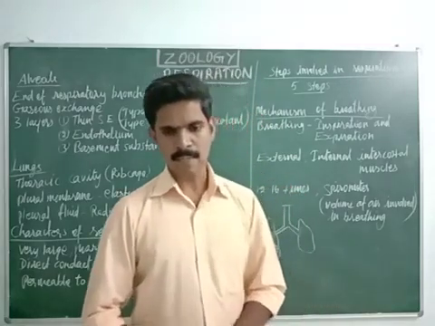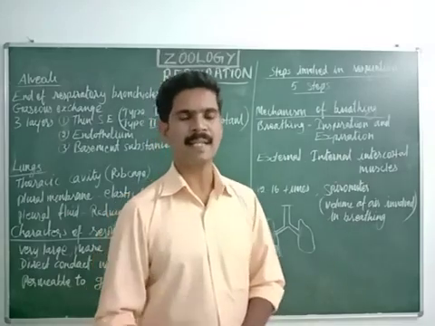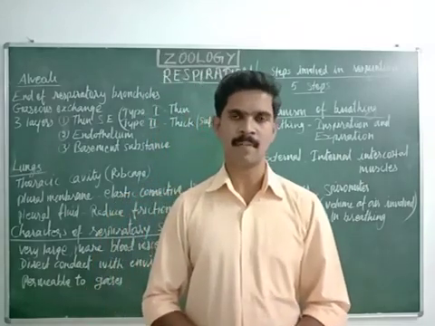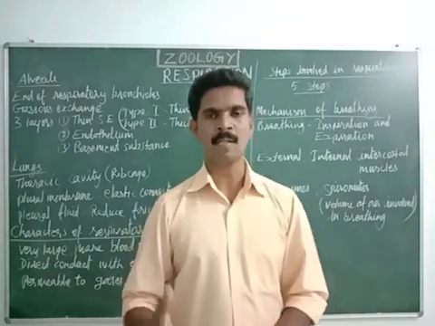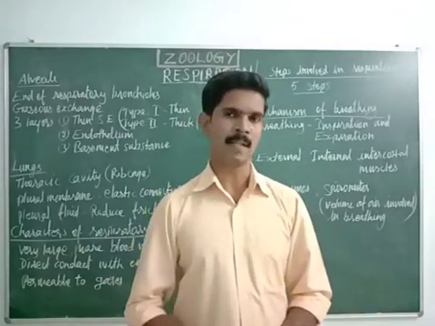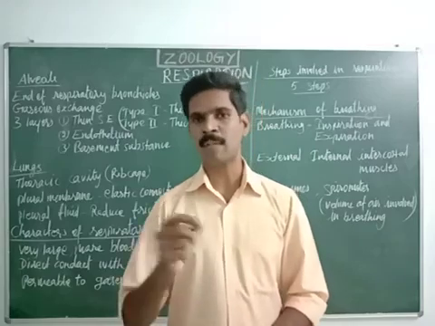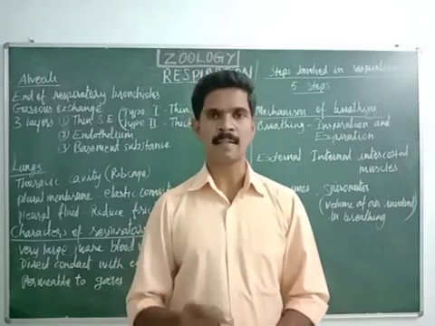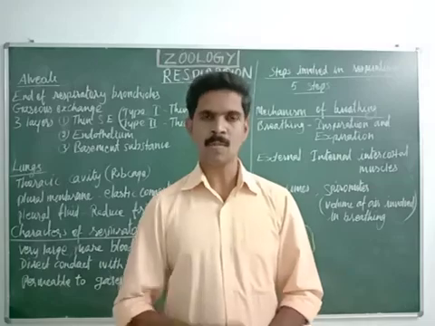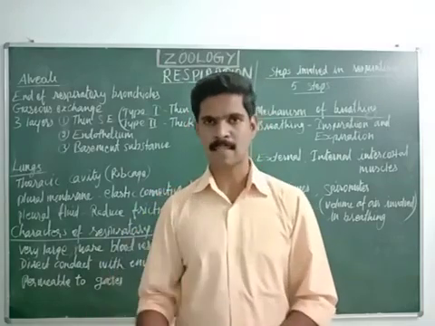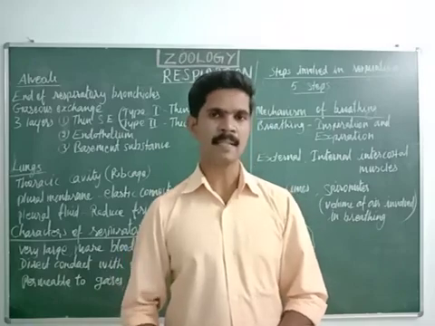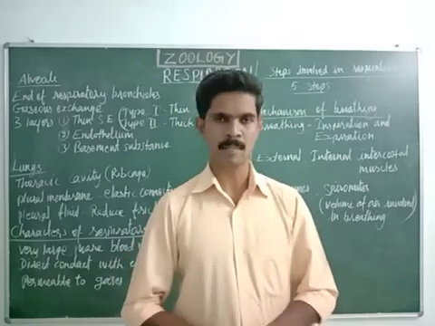The fourth one is exchange of gases between the blood and cells. Okay, between the blood and the cells. And the last one is uptake or using of the oxygen by the cells for various activities and releasing carbon dioxide. Okay, so the oxygen is transported from the alveoli to the cells. After reaching inside, the cells are using this oxygen molecule